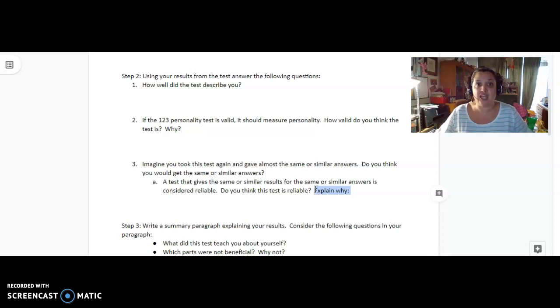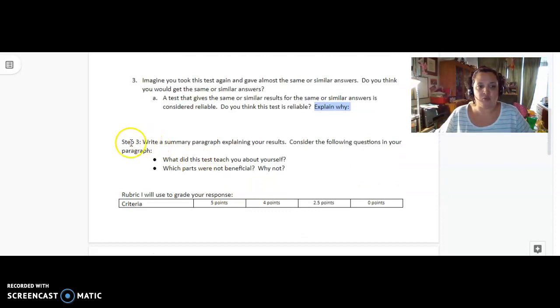Keep in mind, if you change your answers, a reliable test will change its results. So saying I would probably change my answers, therefore I would get different results, does not make the test unreliable, because you want it to change if you change your answers. So let's look at the last part, step 3. This is where you're going to write a paragraph and explain your results. And in that paragraph, 3 to 5 sentences,